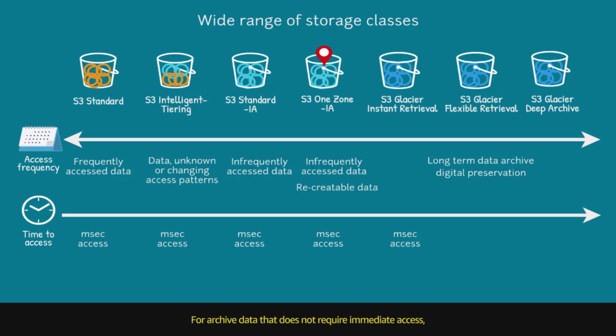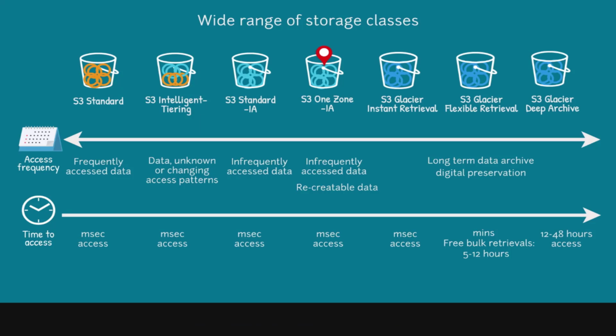For archive data that does not require immediate access, choose S3 Glacier Flexible Retrieval, formerly S3 Glacier, with retrieval in minutes or free bulk retrievals in 5 to 12 hours. To save even more on long-lived archive storage, choose S3 Glacier Deep Archive, the lowest cost storage in the cloud, with data retrieval from 12 to 48 hours. With a wide range of storage classes offered by S3, you can choose which ones best fit your data profile